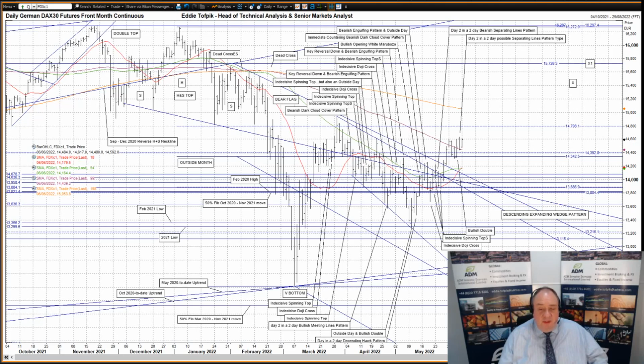This is yet further evidence of the market's efforts to untangle itself from a real mess of congestion below, consisting, and this is in no particular order, the upper tine stroke upper trend line, currently 13.895, of the January to March bearish shift pitchfork, which was also the upper trend line of the late March to date descending expanding wedge pattern. Then there's the neckline, currently 13.971, of December 21 to February 22 head and shoulders top, plus a separate